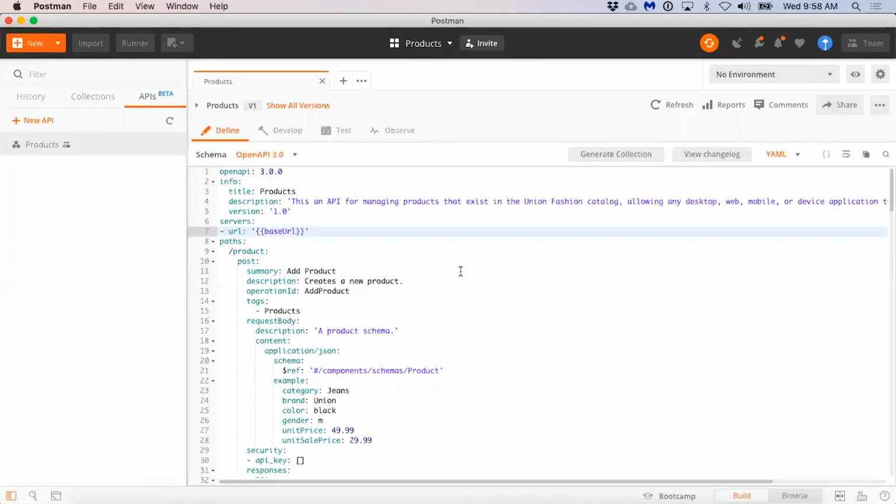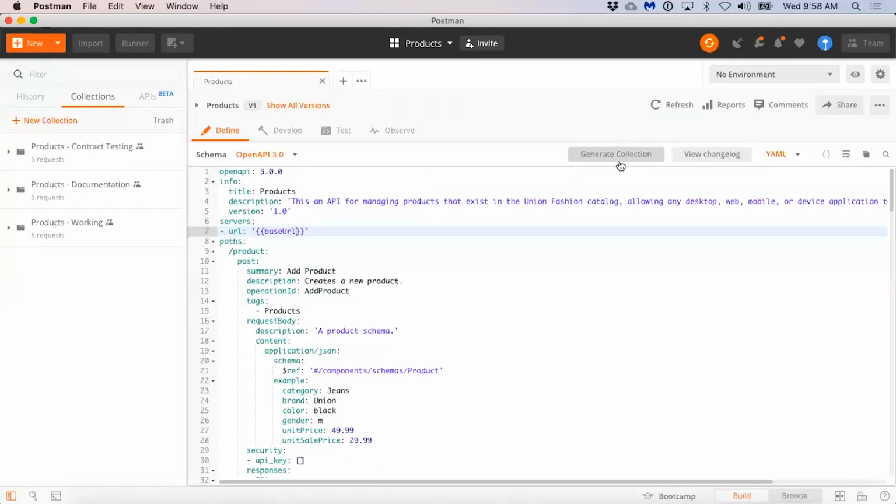Jeff is using OpenAPI as the central truth for each of these APIs. So now that he has each team adopting OpenAPI, he's able to direct teams to derive Postman collections from that OpenAPI truth. Each API in the API Builder has the ability to generate collections.